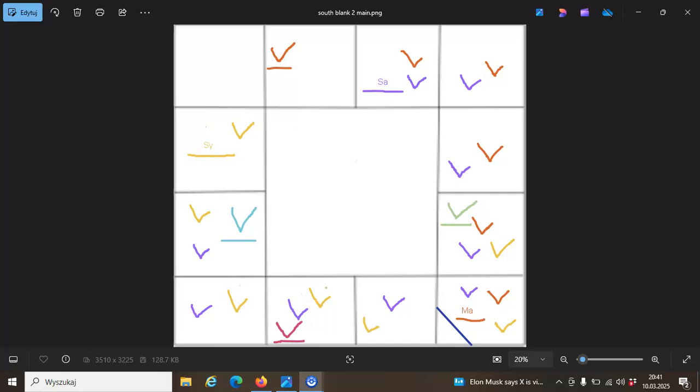Vrishchika, 1, Tula, 2, then Kanya, 3. We have found our Mars in the sign of Kanya. So it becomes clear that our Mahadasha of Vrishchika will consist of 3 years.